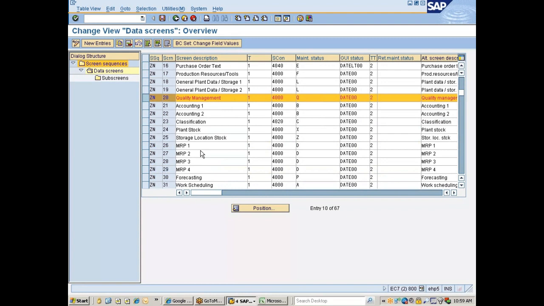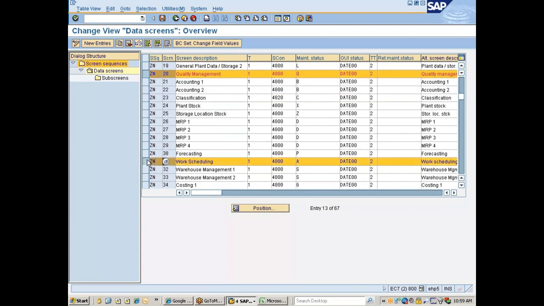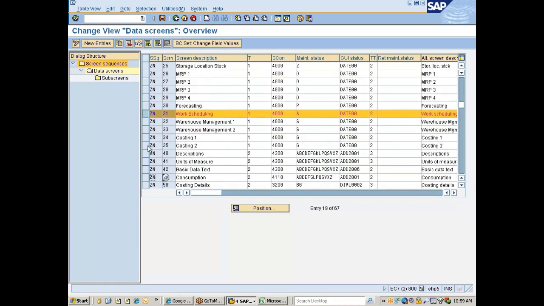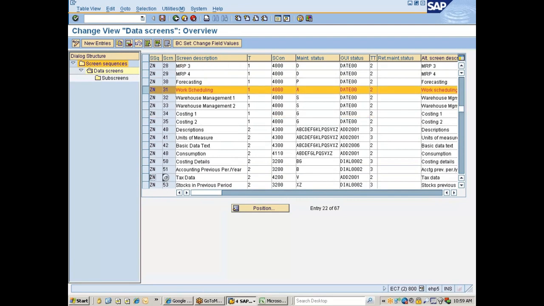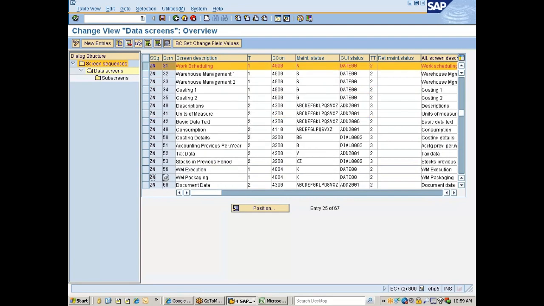Like work scheduling, I don't want it. I'm not going to deal with warehouse management, so let me not use it, or maybe you can keep it. Costing views, descriptions, unit of measure, consumption, whatever views you want, you keep it. Whatever you do not want,